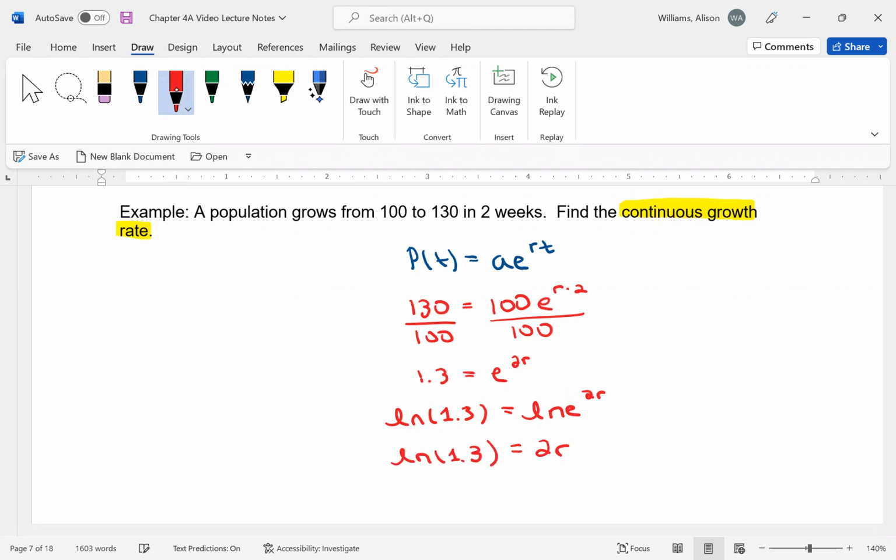That's nice. If you forget, it's okay. You could just keep the natural log of E and solve and plug into your calculator. Your calculator is going to go, oh, that's a 1. But it's nice to notice that the natural log of E does end up canceling out. And then to solve for R, I divide by 2. So this is what I'm going to plug into the calculator. Wow. The natural log of 1.3 divided by 2. And I get